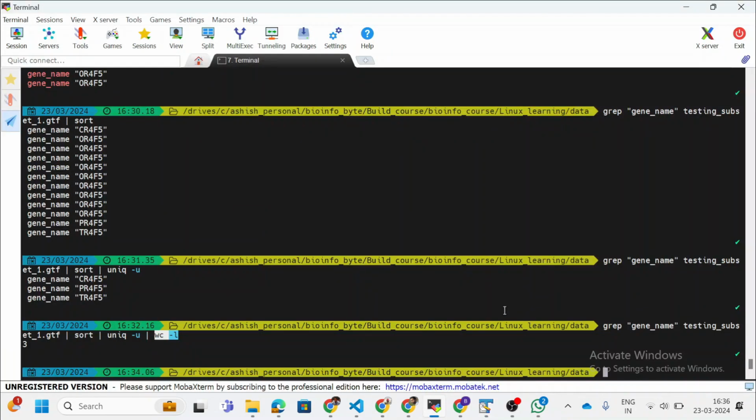These are very good and advanced Linux commands, but you have to practice how you can combine them: when you can use the grep command, when you can use the cut command, when you can use the awk command, when I have used the tr command, when I have used the sort command, and what is the role of the unique command. You have to practice, and you can practice with other biological data, like a VCF file. VCF files have other information, so try to fetch that information. Are you able to fetch it or not?